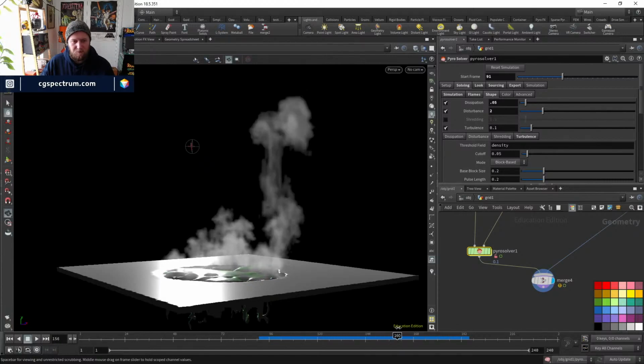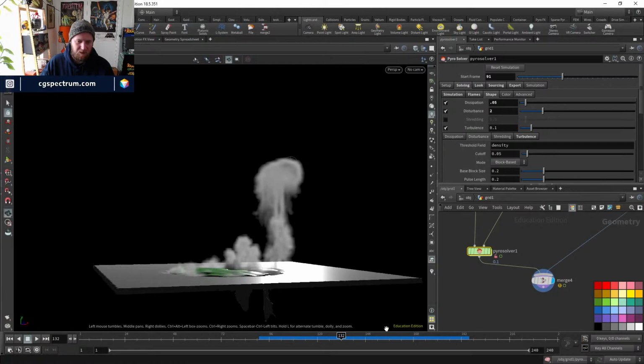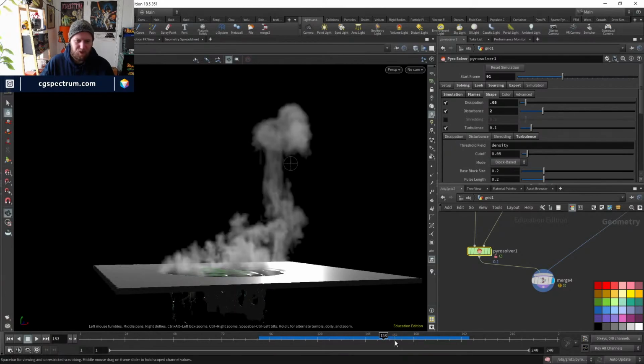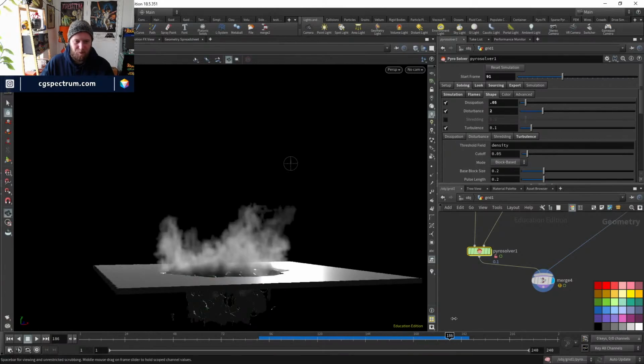So there we go. It's kind of looking a little bit better. This giant mushroom cloud right at the start's still bothering me, but